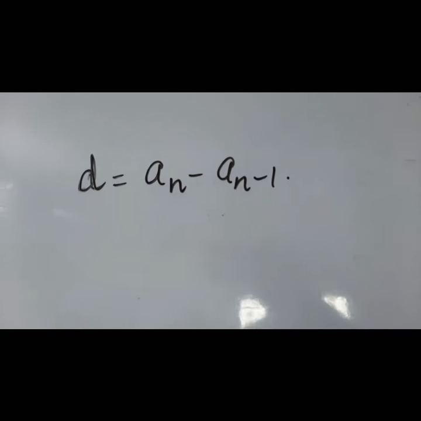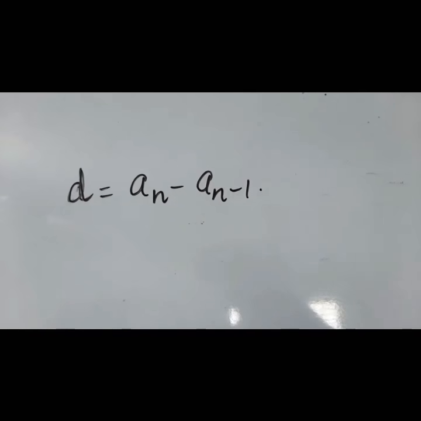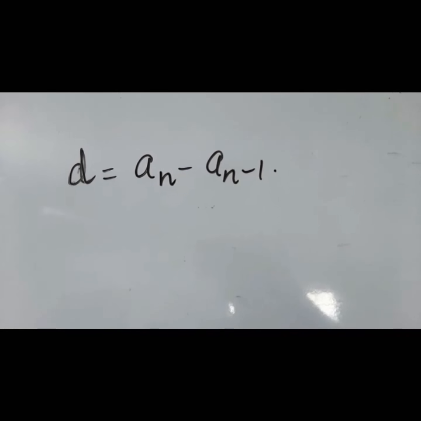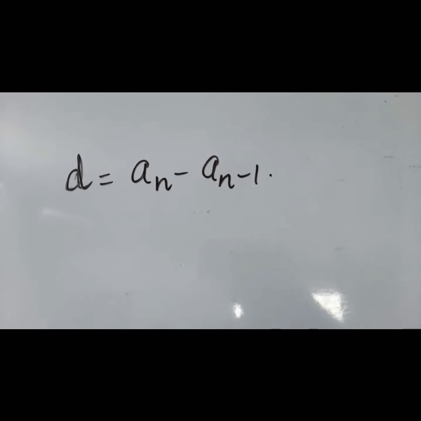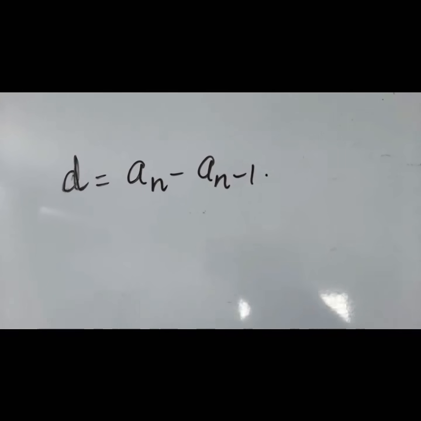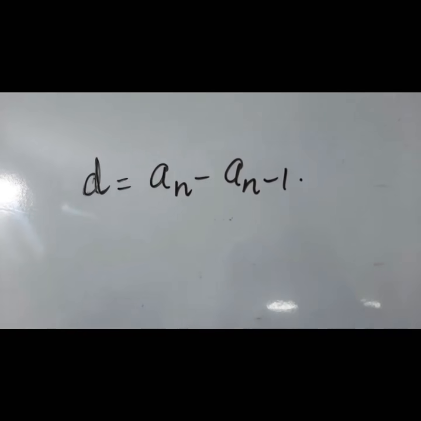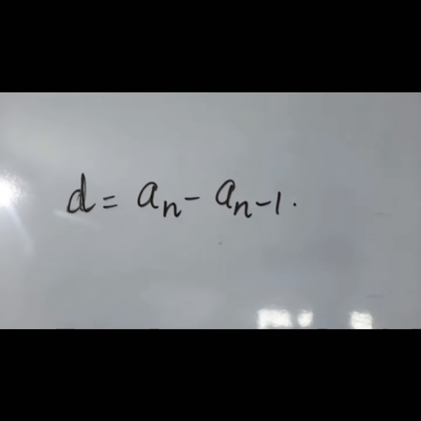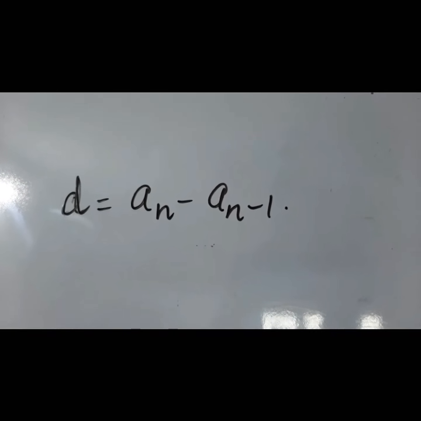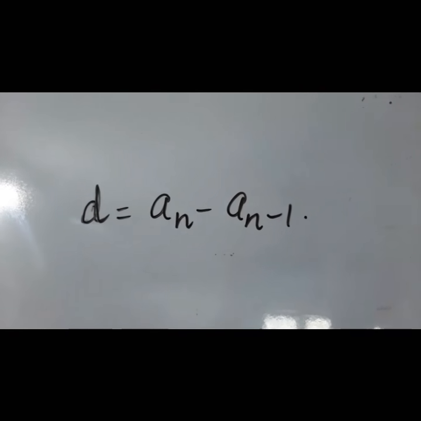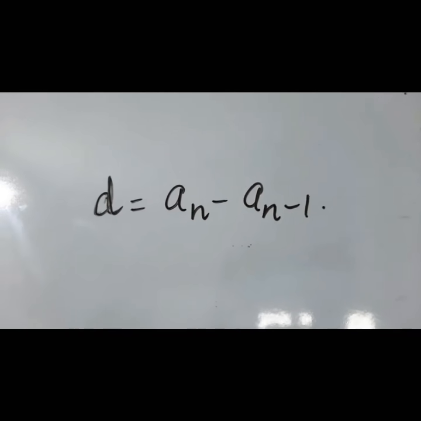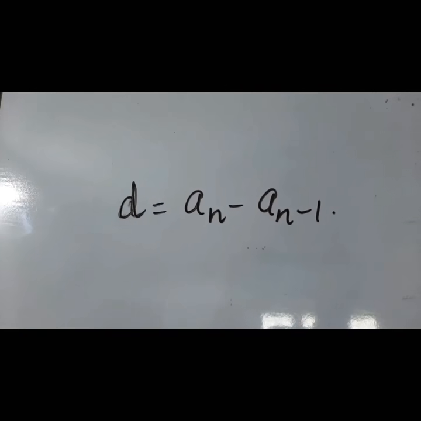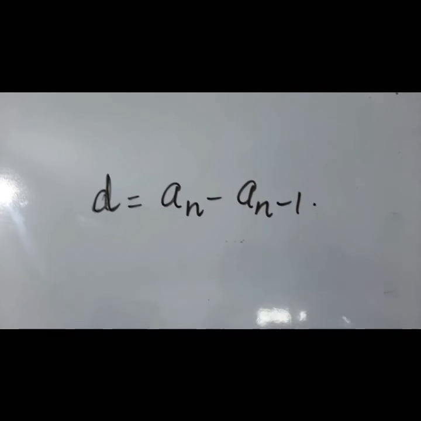Now turn your page to page number 106 and start with question number 5. In question number 5, they ask you to find how many terms are there in the given APs. What does it mean? The number of terms is n. We need to find n. Two subdivisions are given. Both APs have a finite number of terms, and the last term is also mentioned. We are going to find out how many terms are there in the AP.